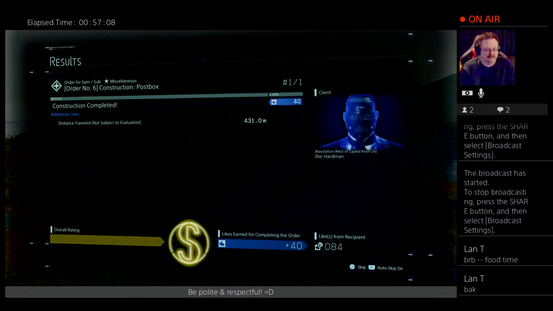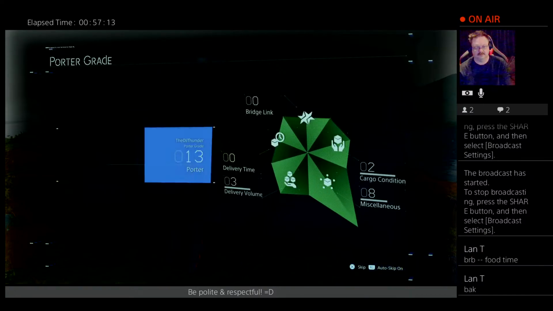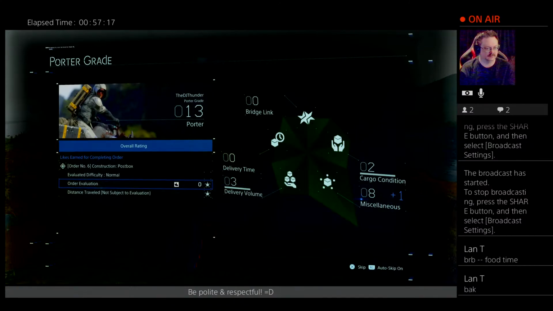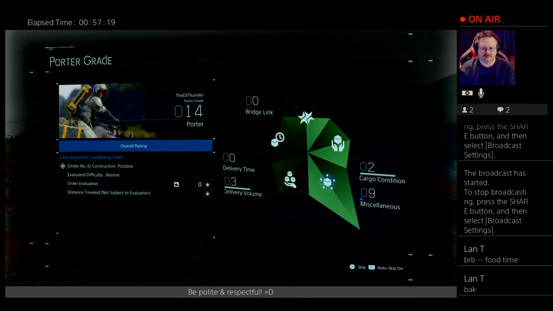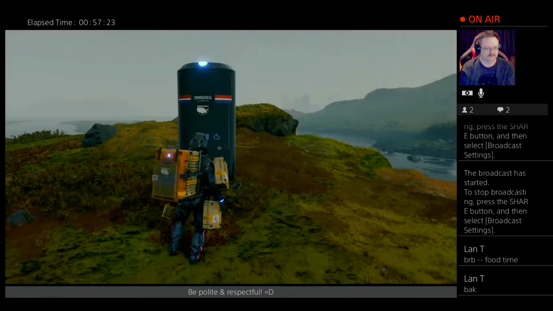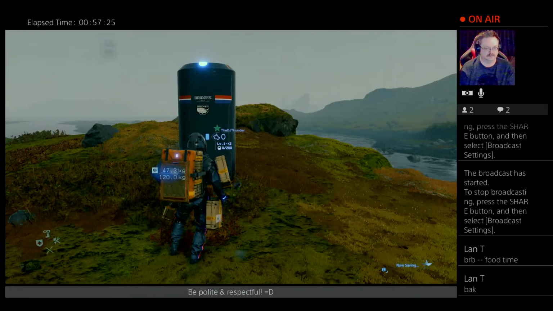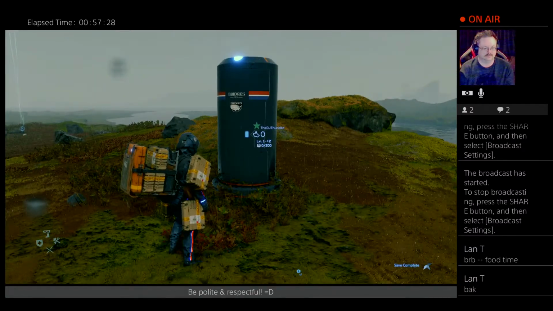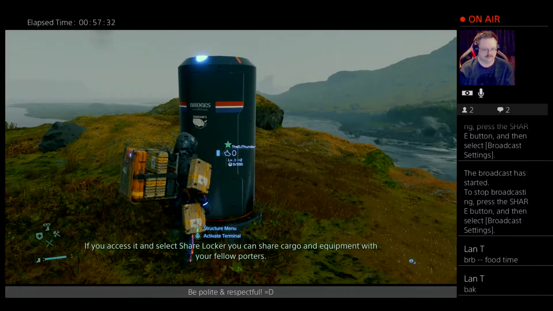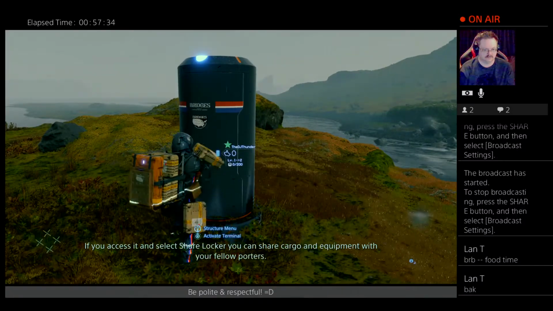431 meters. Awesome! Awesome sauce. Good work, Sam. That's a fine post box. If you access it and select Share Locker, you can share cargo and...